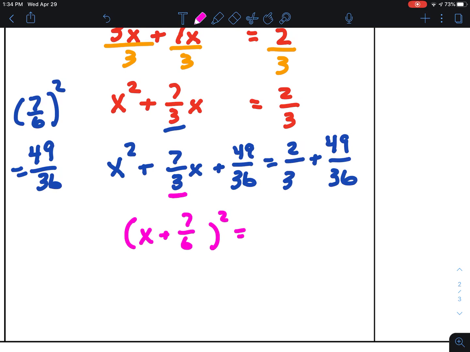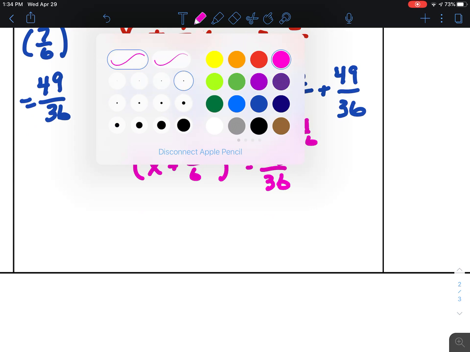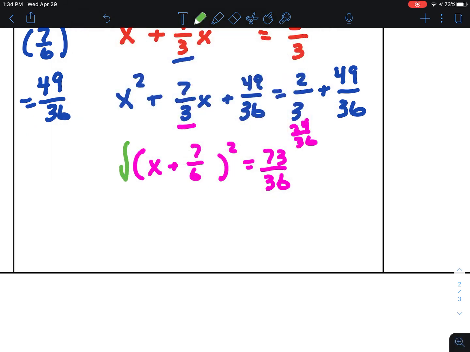If we want to make it 36, we multiply by 12, multiply by 12. That's 24/36. So 24/36 plus 49/36 is 73/36. Okay. Square root both sides. x plus 7/6 equals plus or minus